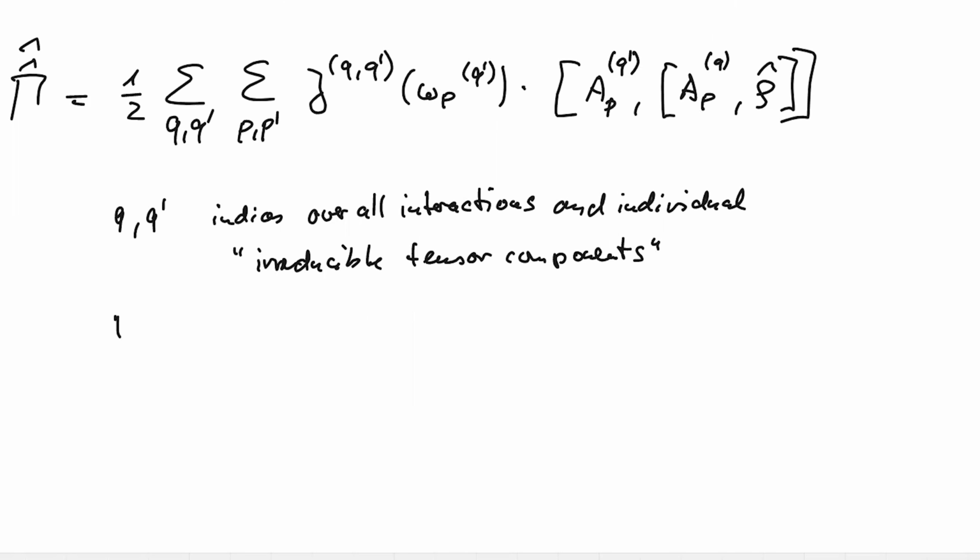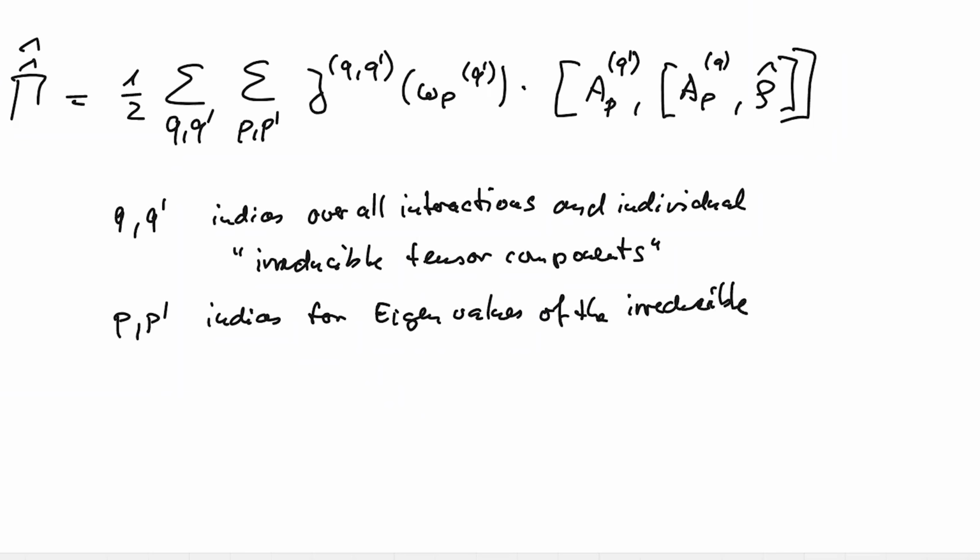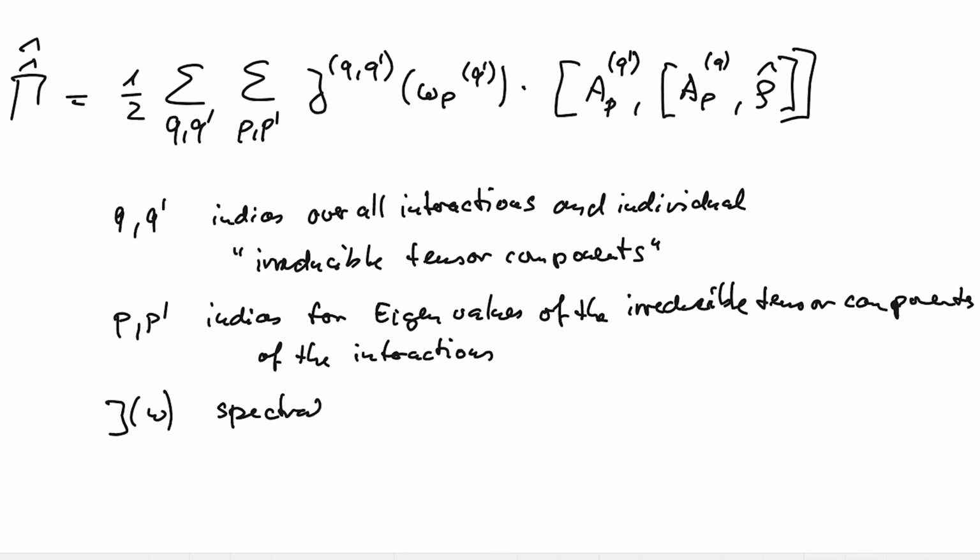Then you have p and p prime. These are indices for eigenvalues of the irreducible tensor components of the interactions. Then you have J of omega, that's the spectral density function,